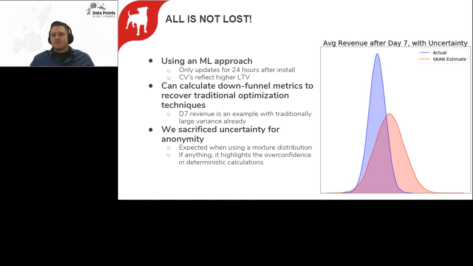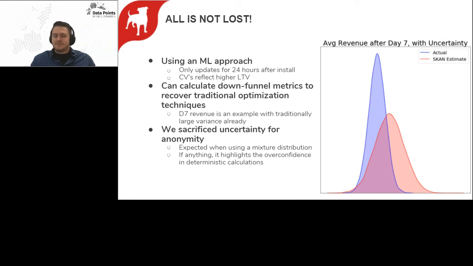Like I said before, the higher conversion values reflect a higher LTV. From here, we can then use these conversion values when they get back to us to map to the down funnel metrics that I discussed earlier we use to traditionally evaluate network performance. In this specific case, I grabbed revenue after day 7, average revenue after day 7, because that's one that is very noisy. There aren't a lot of players that pay at all in mobile gaming, and so the variance is quite large already. And what we end up seeing here is that we do pay some uncertainty in order to